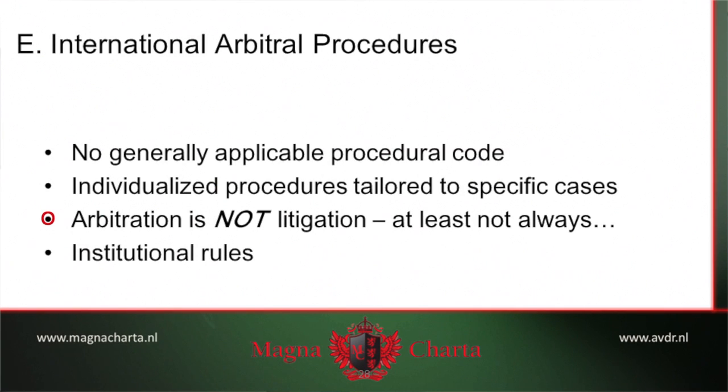Importantly, arbitration is not litigation. Arbitration is different, for the most part, from national court litigation. Arbitration is intended to be less formal, more efficient, more practical, more aimed at getting to the commercial substance of the parties' dispute. It's usually like that. It's not always like that. It depends on what the parties want. The parties may agree to an arbitration that looks a lot like a national court litigation, and if that's what they agree, that agreement, in recognition of their procedural autonomy, will be given effect.